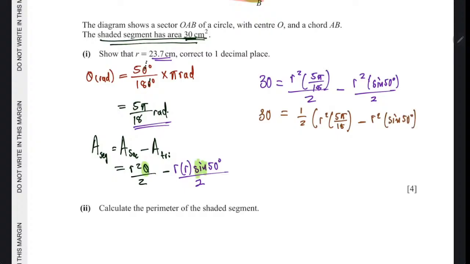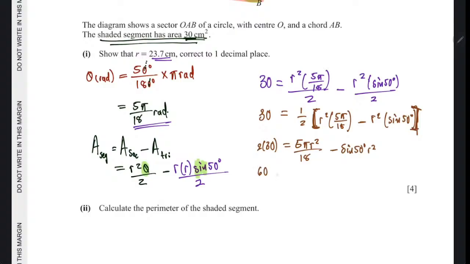When you divide by 2, it's like a half. The only time you can bring it outside is if it's there on both. Now you can take this half to the other side. It will go to multiply. So it'll be 2 by 30. This is equal to 5 pi r squared over 18 minus sine 50 degrees r squared. This is 60